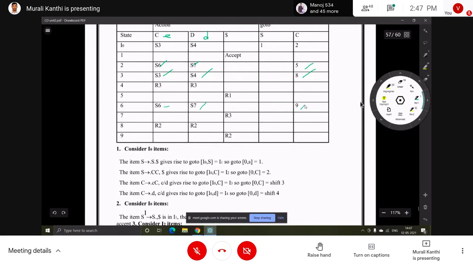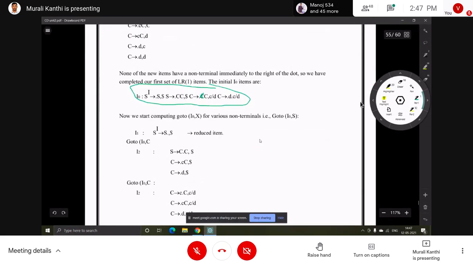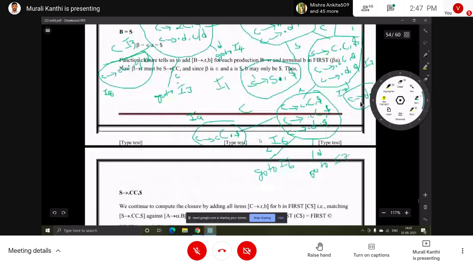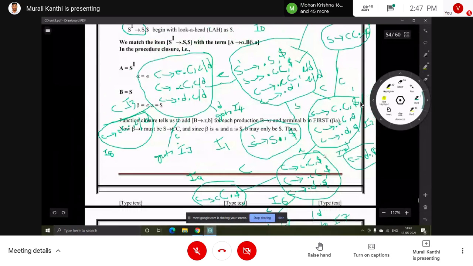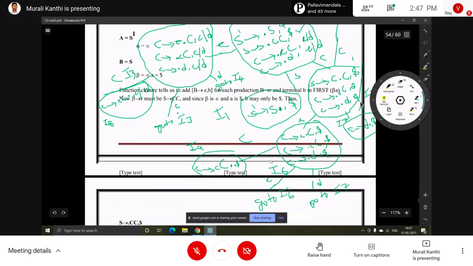Okay, I6 is completed. Then I7, here also we did not get any new item sets from this. Next to I8, here is I8, also no. I9, no. Okay, performing the shift operation is completed.